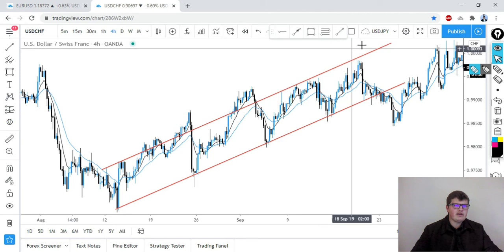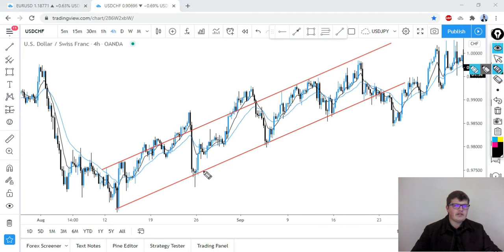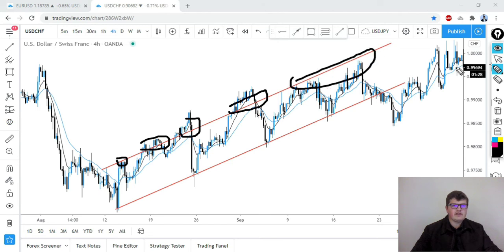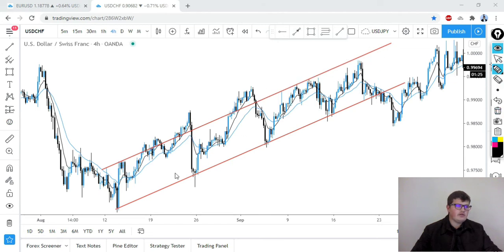So this is a parallel line to this trend line, and you connect as many of the peaks as possible, and there you have your bullish channel. So the market is just moving in this channel,